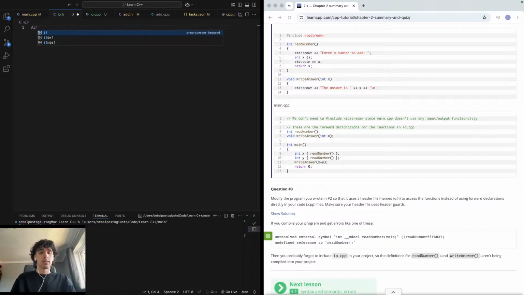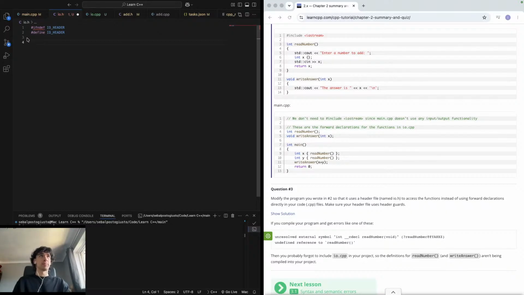if not defined IO_HEADER, then we will define IO_HEADER, then to make our IDE happy and C++ happy, we'll do endif, and that will get rid of the red there. Now we need to add the forward declarations,